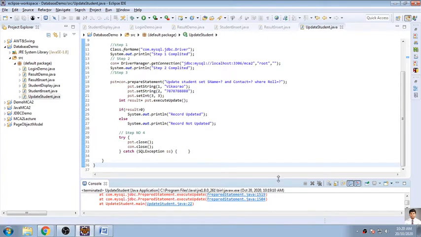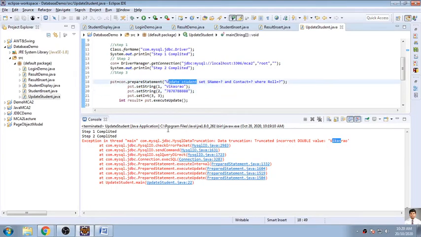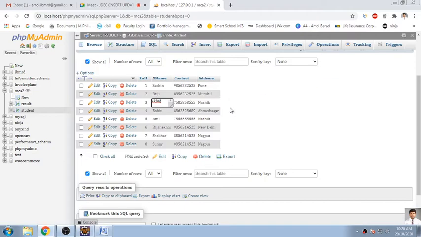This exception has been thrown by your database. Step 1 is completed, step 2 is completed. Now what is that? Exception in thread main MySQL data truncation: incorrect double value Vikas Rao. Update student set sname. Okay.